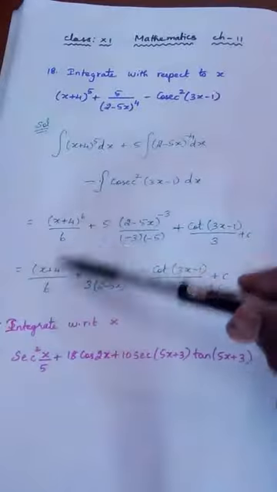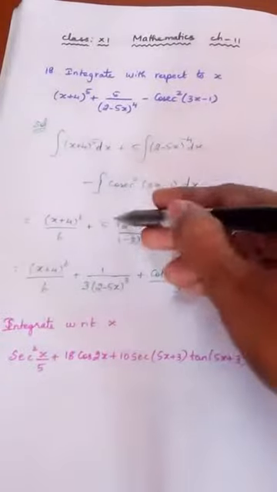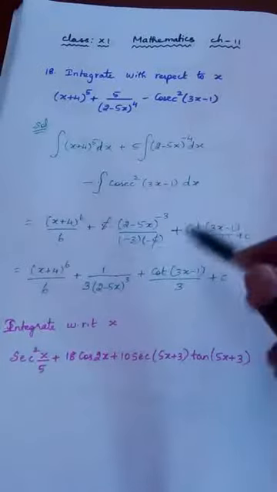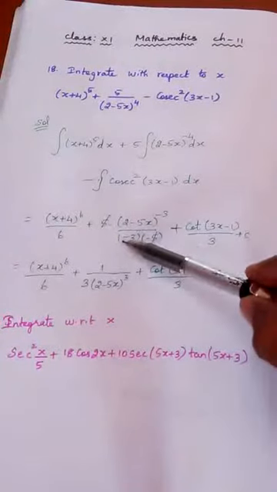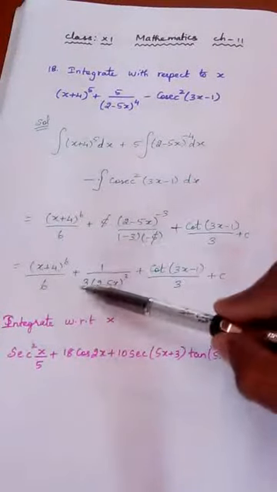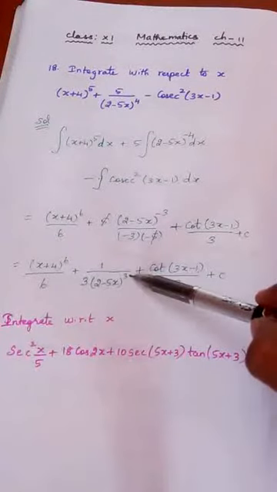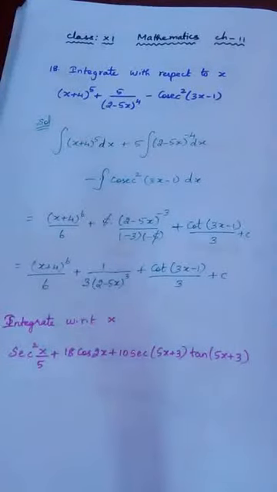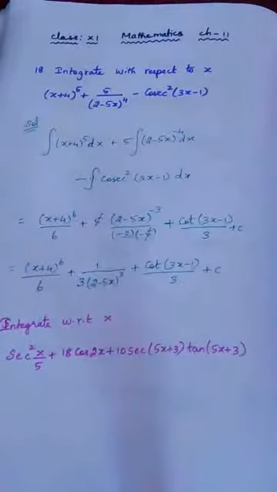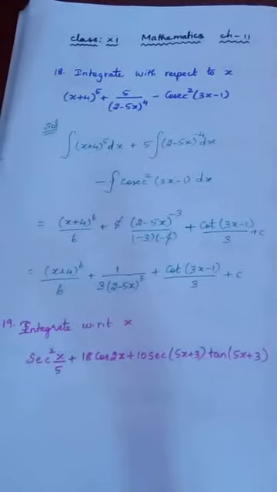Now simplifying this, that is, 5 will get cancelled. I can cancel these two 5s, and then minus and minus will become plus. So only 3 remains in the denominator. Take this term to the denominator, so power minus 3 becomes plus 3, plus this plus c is the final answer. So everything again is based on the integration formula, nothing else. We will move on to problem number 19.